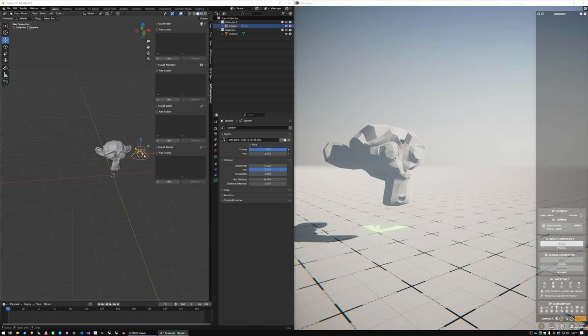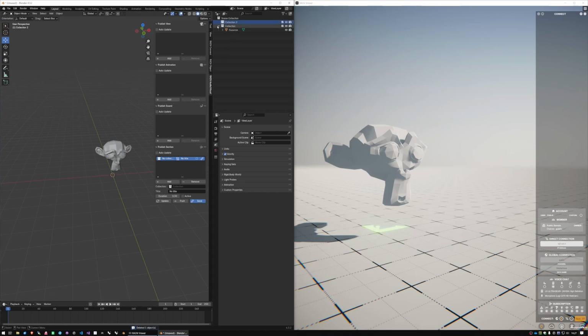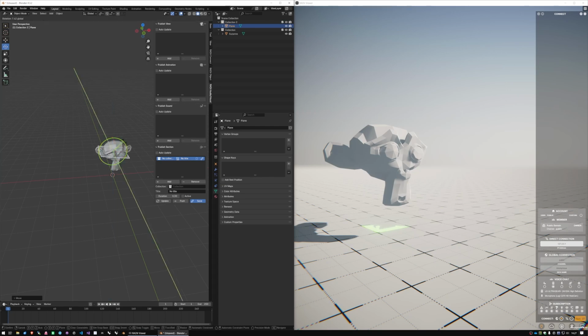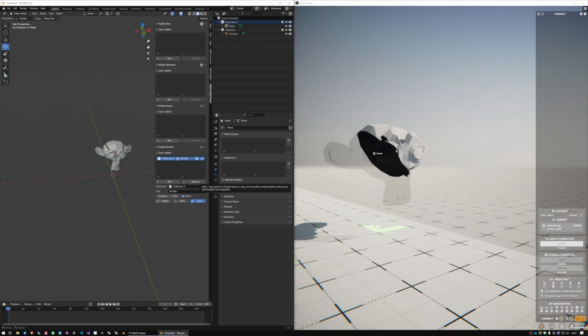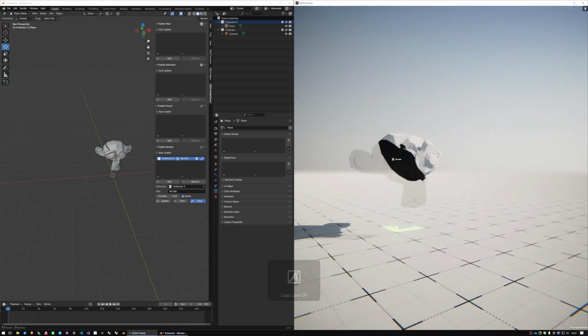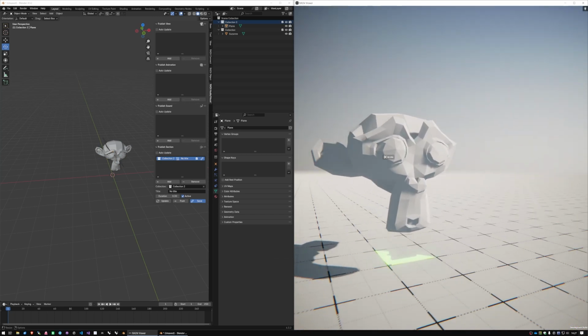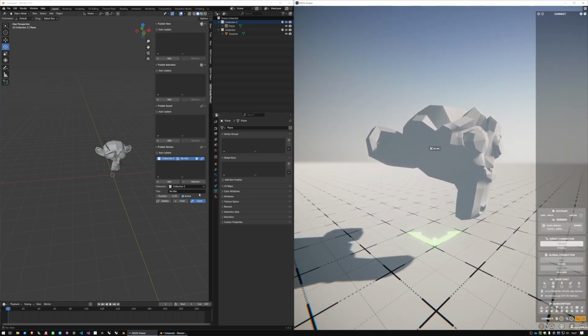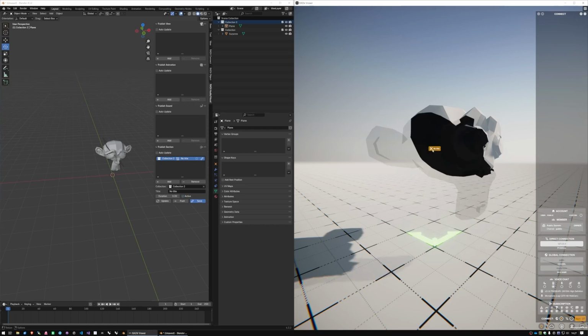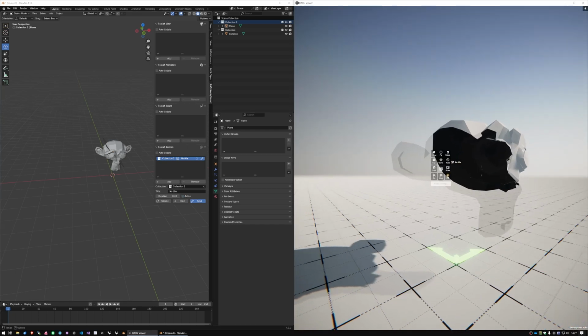And now let's do the last one, which is the section. So let's add a section. And a section requires a plane. So let's put in a plane and move it into place and rotate it somehow like that. And then you have a published section here, and then you put it into here. And then you activate it, and you have your section here. So you simply just have as many sections as you want, and you can simply just activate them and tell them how long it takes for that section to arrive and whether it should be active or non-active. And you can always click it in here to make it active or non-active.